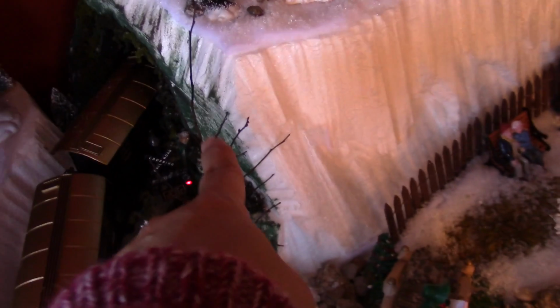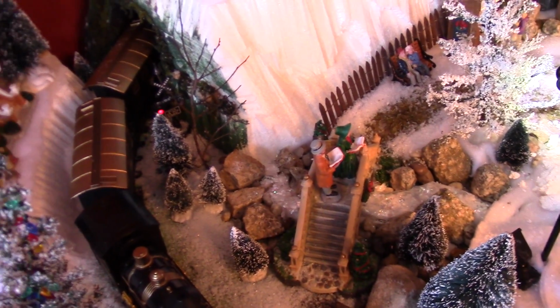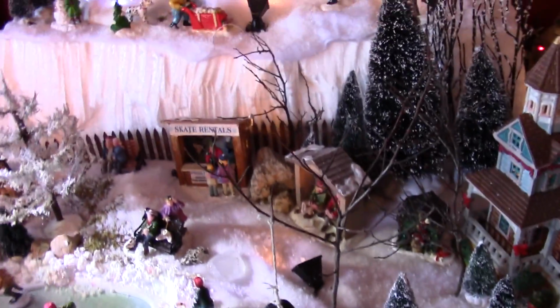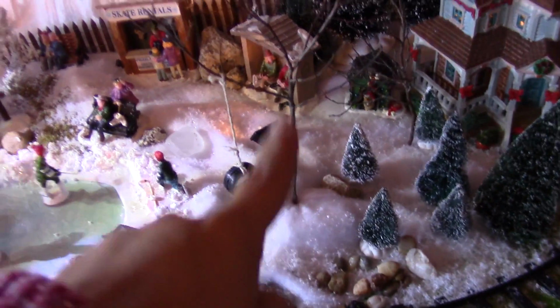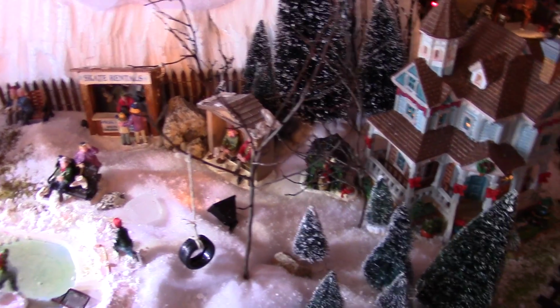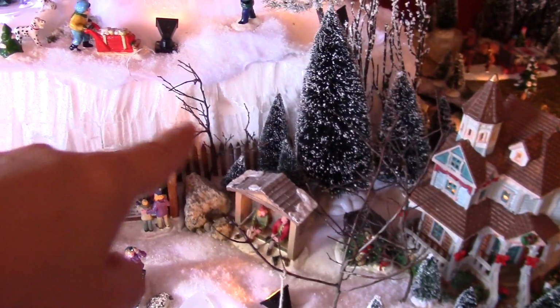These trees here that you see throughout my village are just blueberry bushes from my yard that I just cut. When the leaves fall off of them, they look like deciduous trees. They look like little miniature deciduous trees. So here's one that I put a tire swing on, this one right here. It's just from my garden, and I put a piece of styrofoam underneath of it so that I could just poke it in. And there's another one right there, another one back there, and a couple more in the